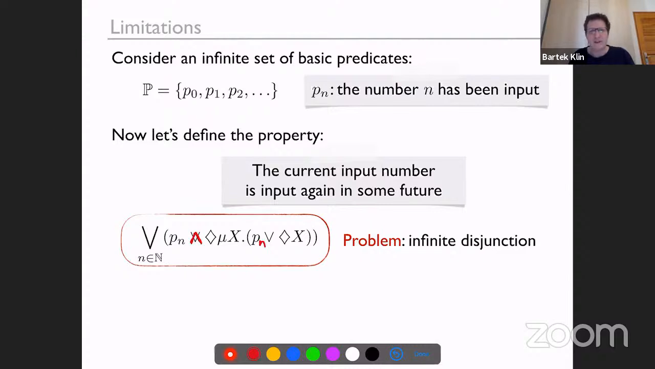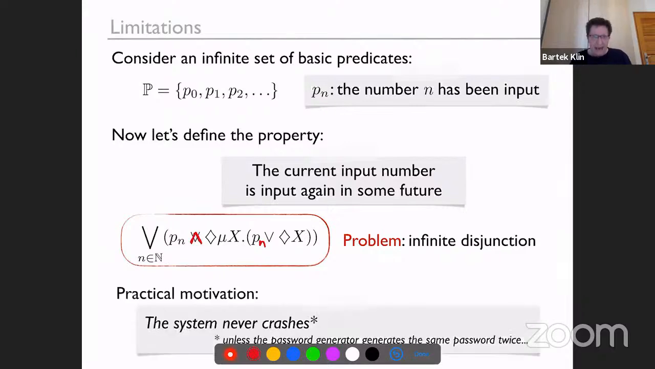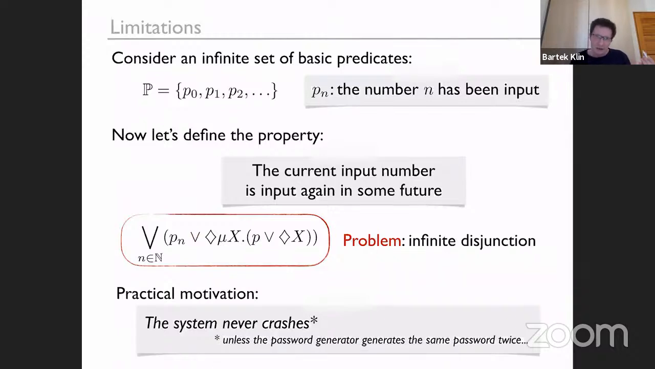I mean, the only difference is in the settings where there are some states where no number is input, and then, yeah, perhaps the English prose definition was not very precise to distinguish between two formulas. Now, these kind of formulas is actually practically motivated